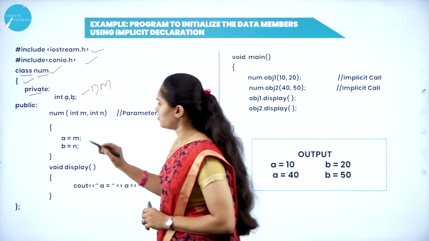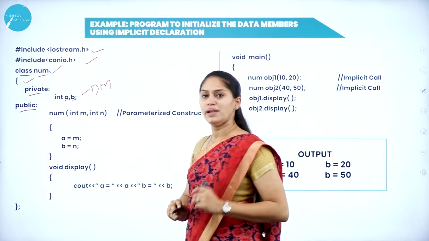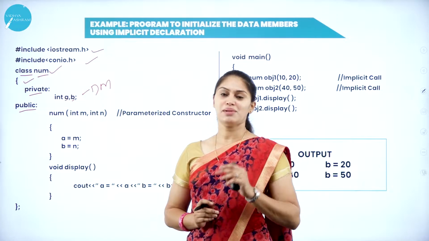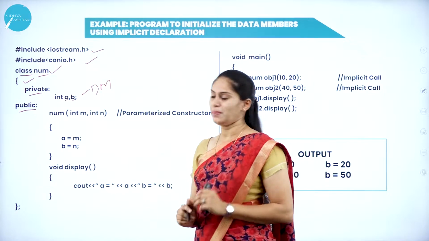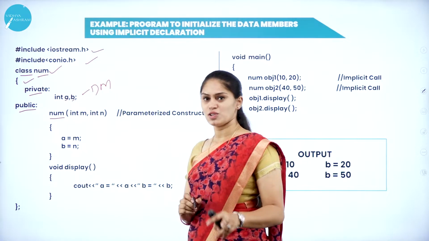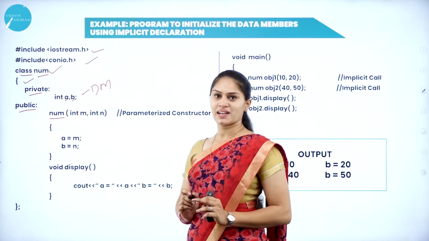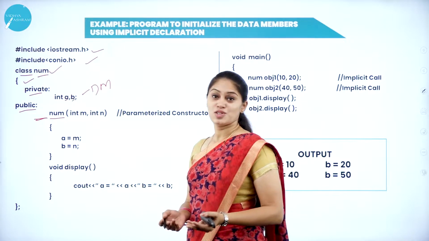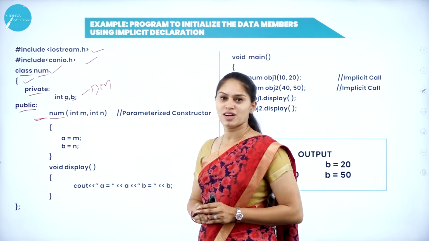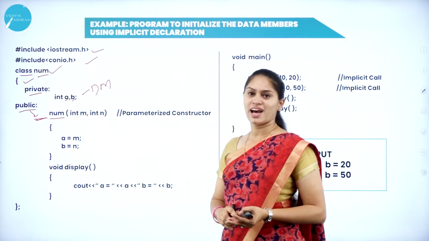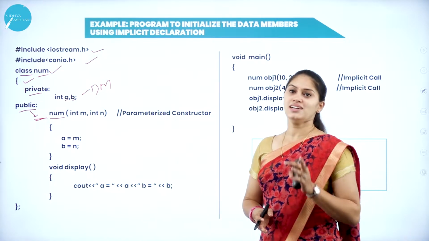Okay, listen to me carefully. After that, under the public scope, where I am supposed to declare the constructor, it must be under the scope of public. So here what am I taking? I am taking num. Is this the same name as the class? Yes. Does it have any return type here? No. So it is following the rules of a constructor. Anyway, it comes under the public section, so I can call this num a constructor.